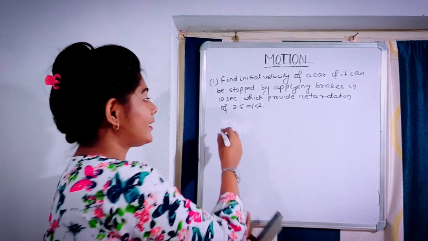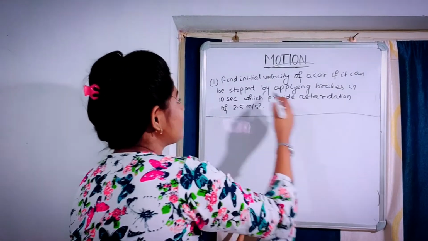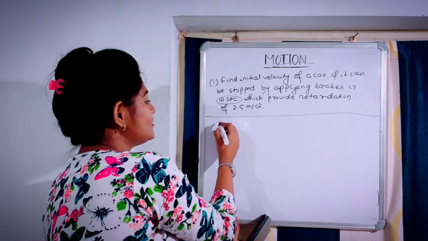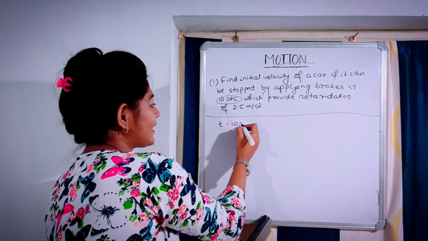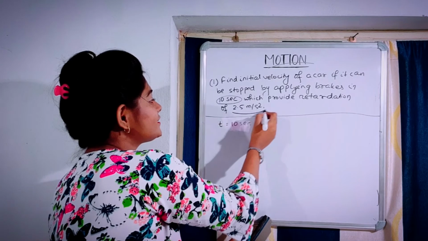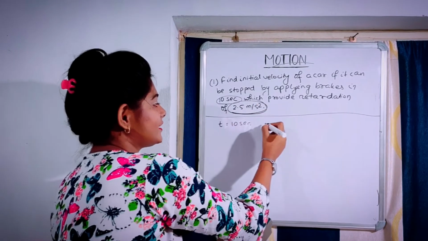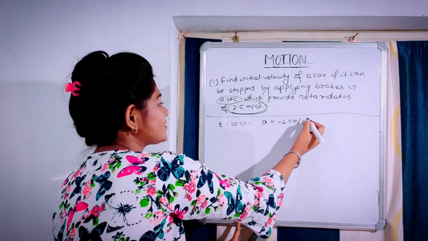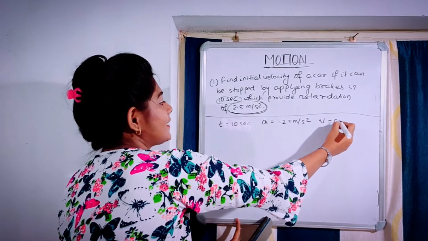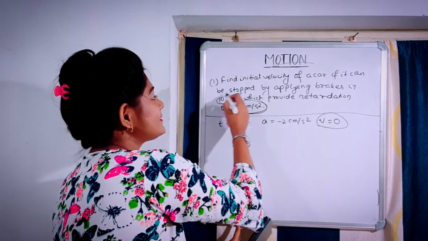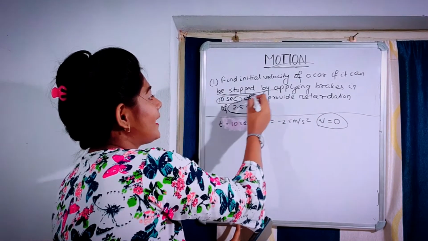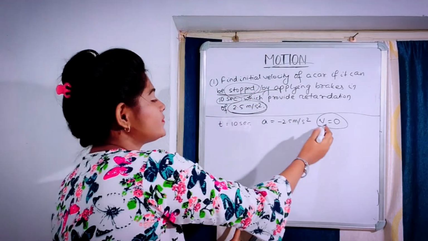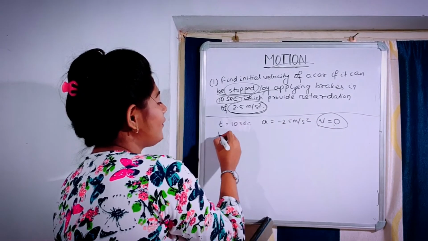So now let's see what is given in our question. The time is given, so t is equal to 10 seconds. Retardation is given, that is negative acceleration, so a is equal to minus 2.5 meter per second square. V is also given, that is 0. How is v given? It is said to be stopped. At the end the car is going to stop, so v is equal to 0 and we have to find